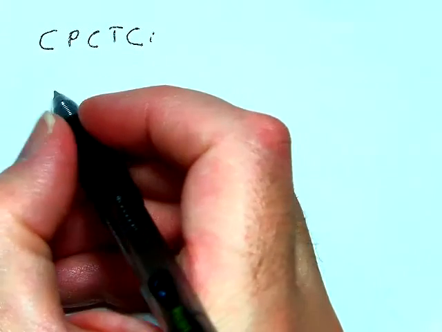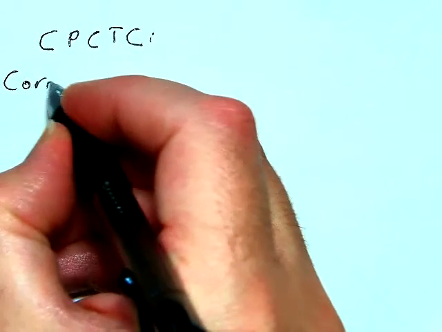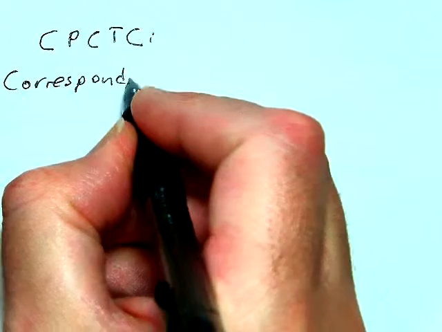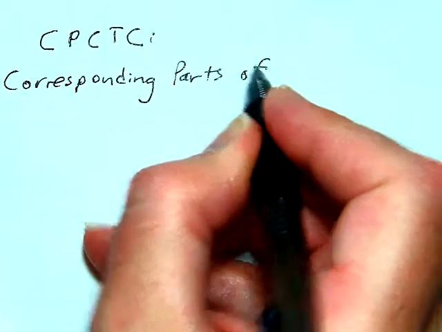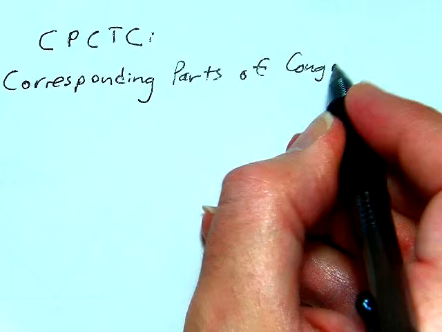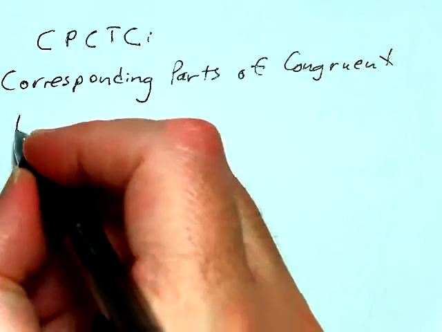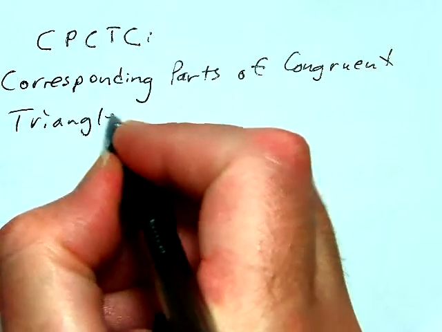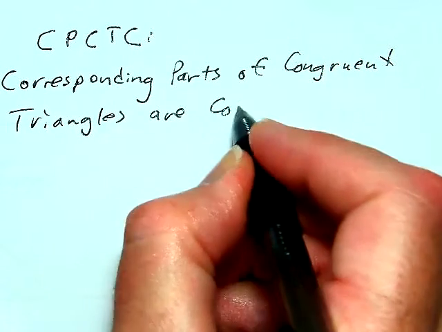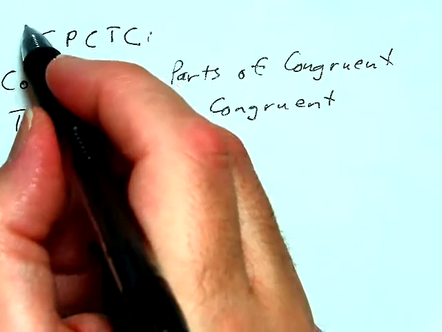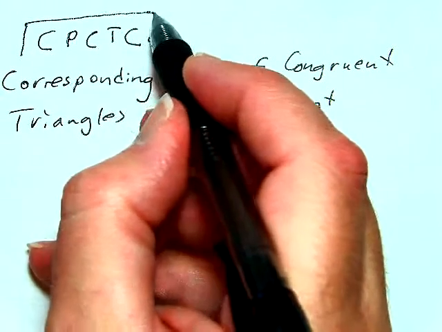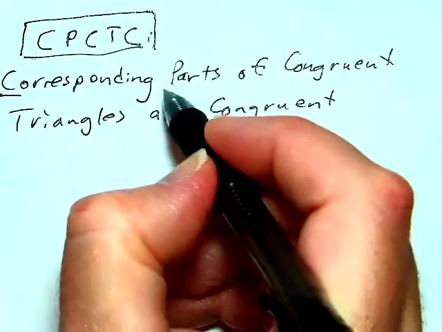Or in other words, corresponding parts of congruent triangles are congruent. Okay, and it's perfectly fine if you want to use the abbreviation CPCTC